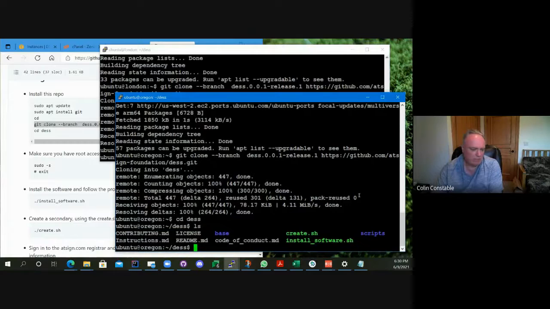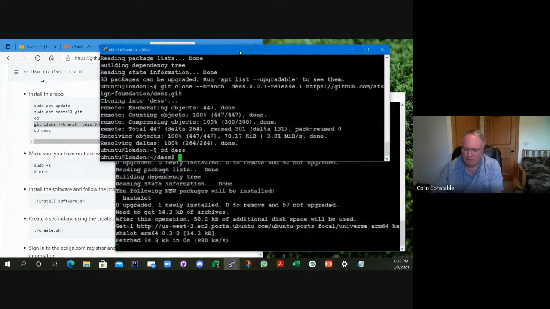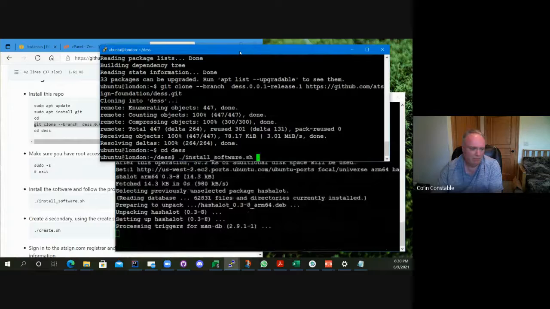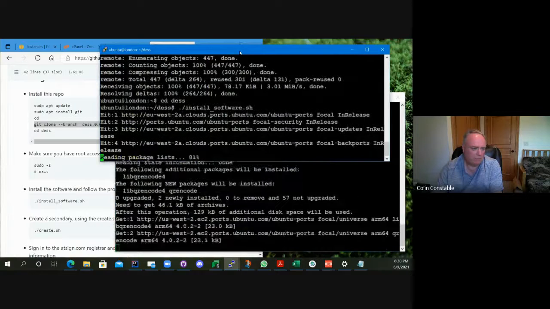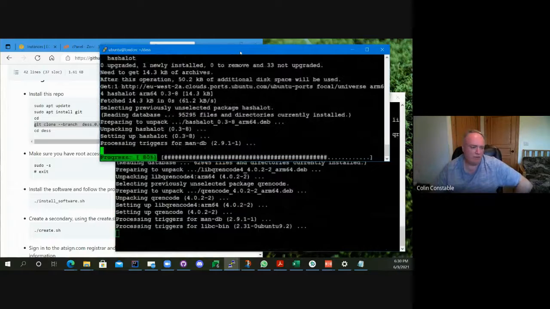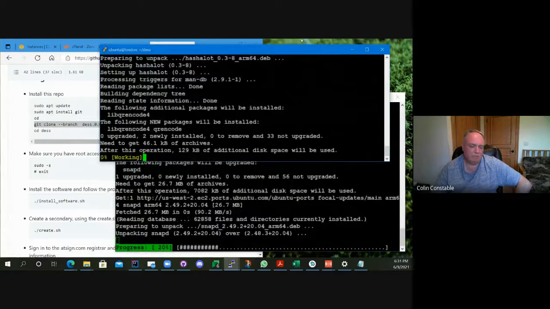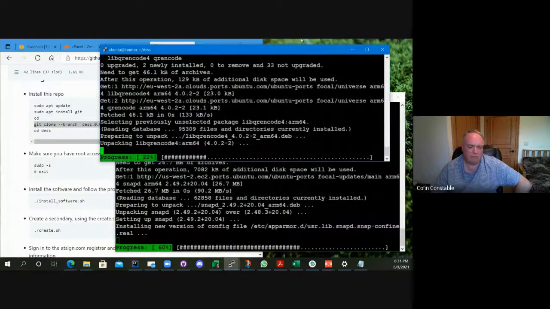And you'll see there's a bunch of scripts in here, and it's extremely complicated. All you need to do is run the install software script. What install software does is get the environment all up and running on Ubuntu. To run the microservice, you need a whole bunch of stuff, and it's really boring to give all the instructions. So this mostly runs through a script that installs all that stuff.